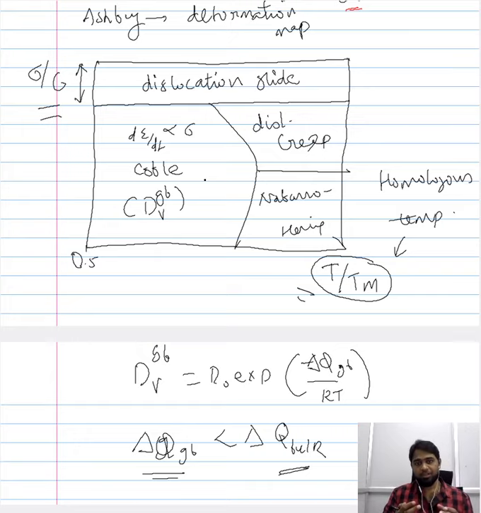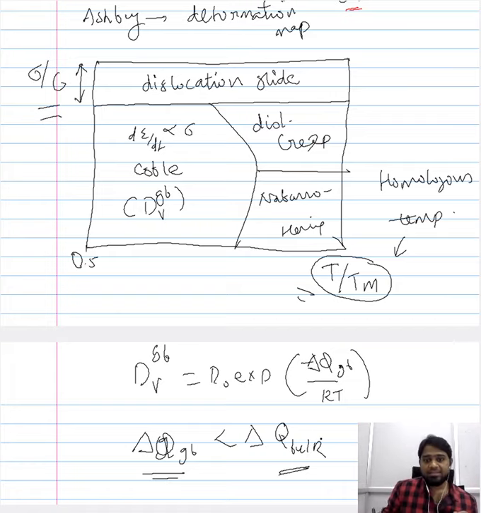So to put it simply, the Coble creep mechanism operates in the relatively low temperature range in this map, where there is not sufficient thermal energy to overcome the barrier in the bulk of the material. So it is possible for the vacancies to overcome the barrier only along the grain boundaries, and that is the reason why the Coble creep mechanism is active in this particular temperature range and in this particular stress range.